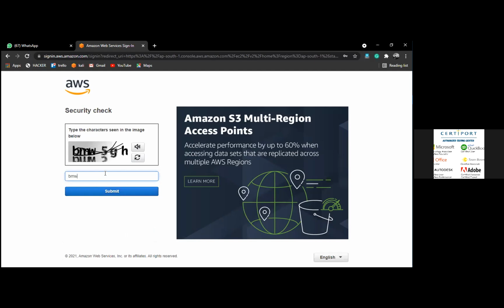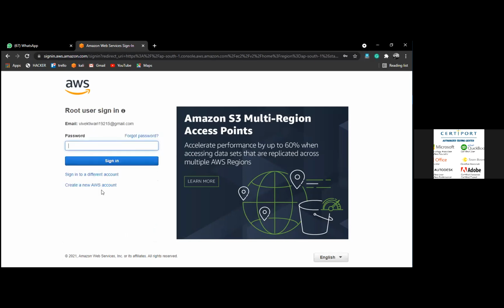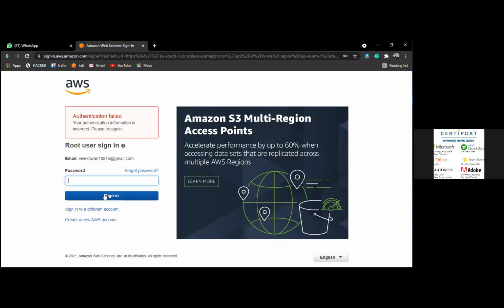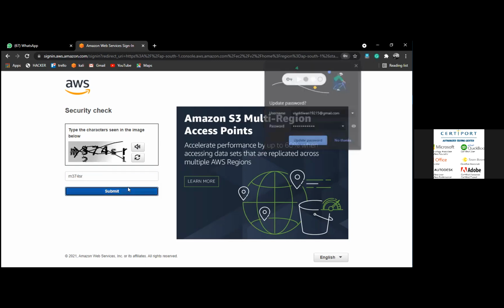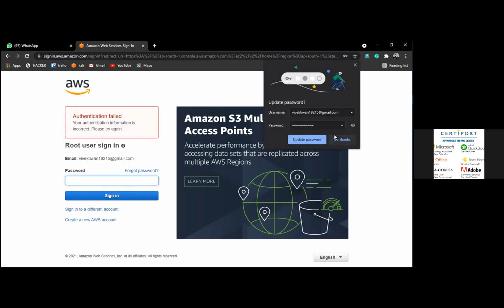Type in the captcha. Type the captcha again. Let it open.